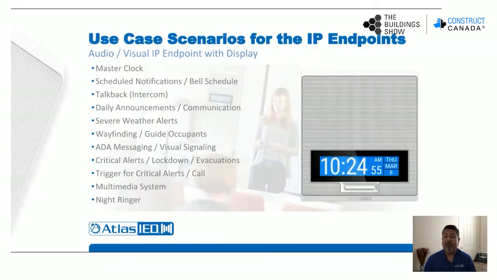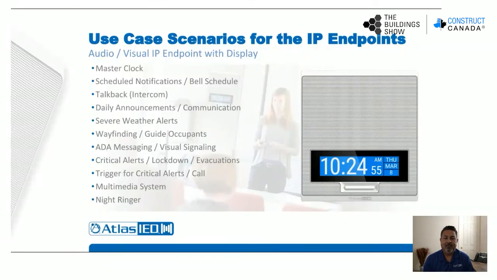Another good use case for the IP endpoints is to provide wayfinding. In the event of a critical alert, it's important to realize that you can't foresee the outcome of the event. In K through 12, for example, you might do drills, or you might have designated safety areas, or instructors may pull occupants from one space and tell them to move into another space. That might change just because of the type of critical alert that is happening.